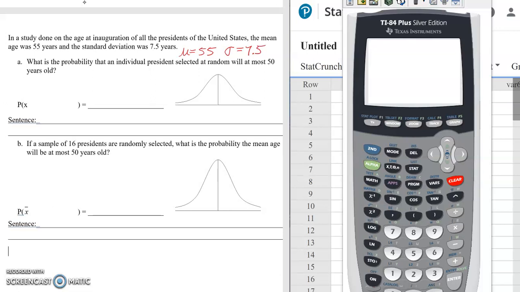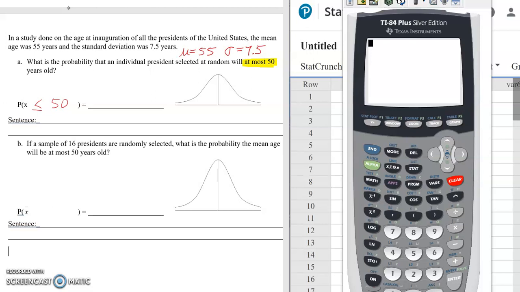So we have to answer, what is the probability that an individual president selected at random will be at most 50 years old? While we're doing this problem, we have to note the words "at most 50." In our probability statement, at most means less than or equal to 50. So we have P(x ≤ 50) =